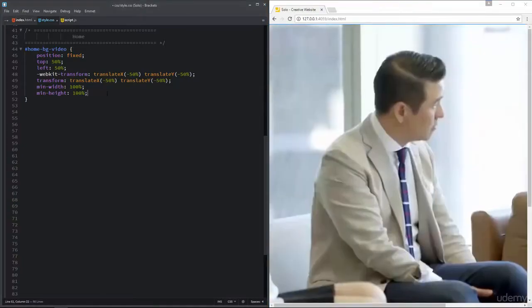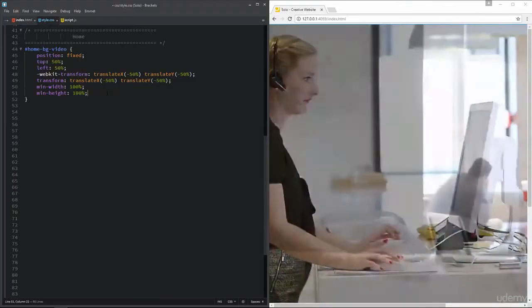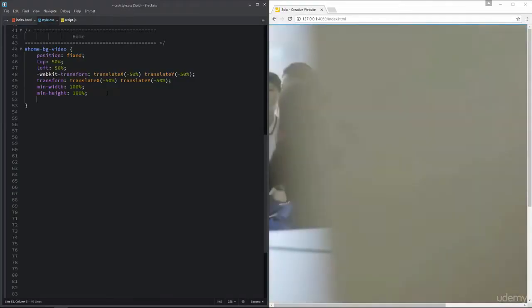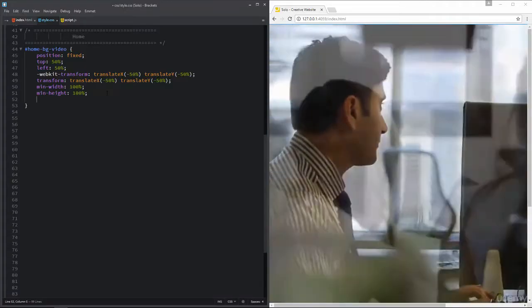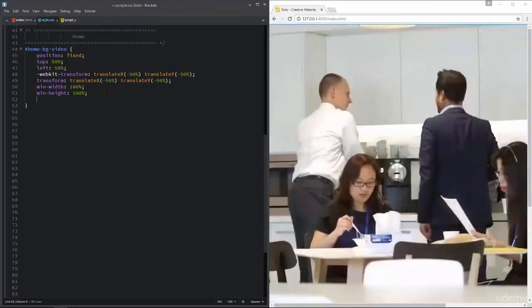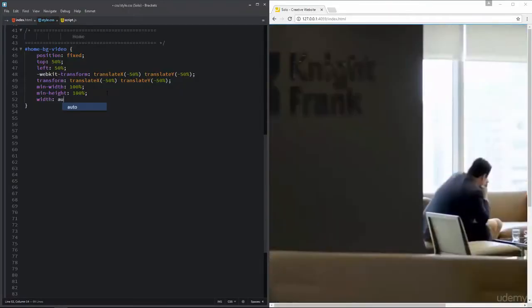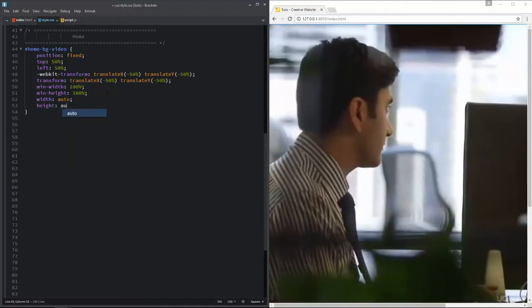Awesome. And after that, just to make sure that things are looking good all the time, and also to maintain the aspect ratio all the time, we are going to set the normal width and height properties to auto. I'm going to write the CSS width property, and the value is auto. I'm also going to set the height property as auto.